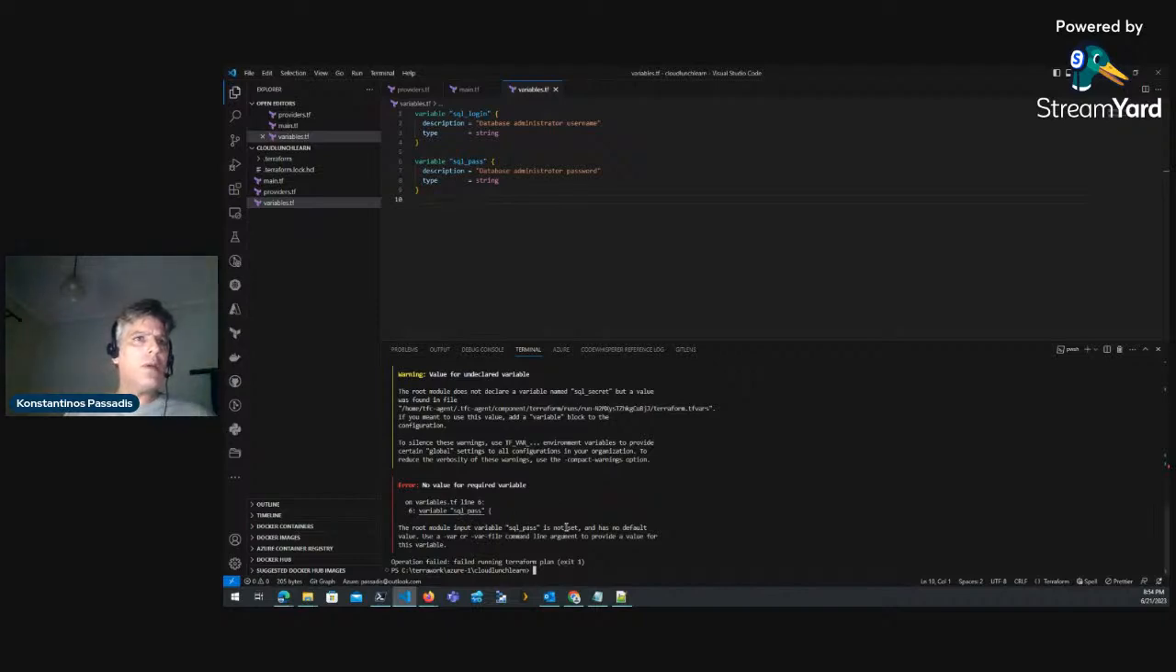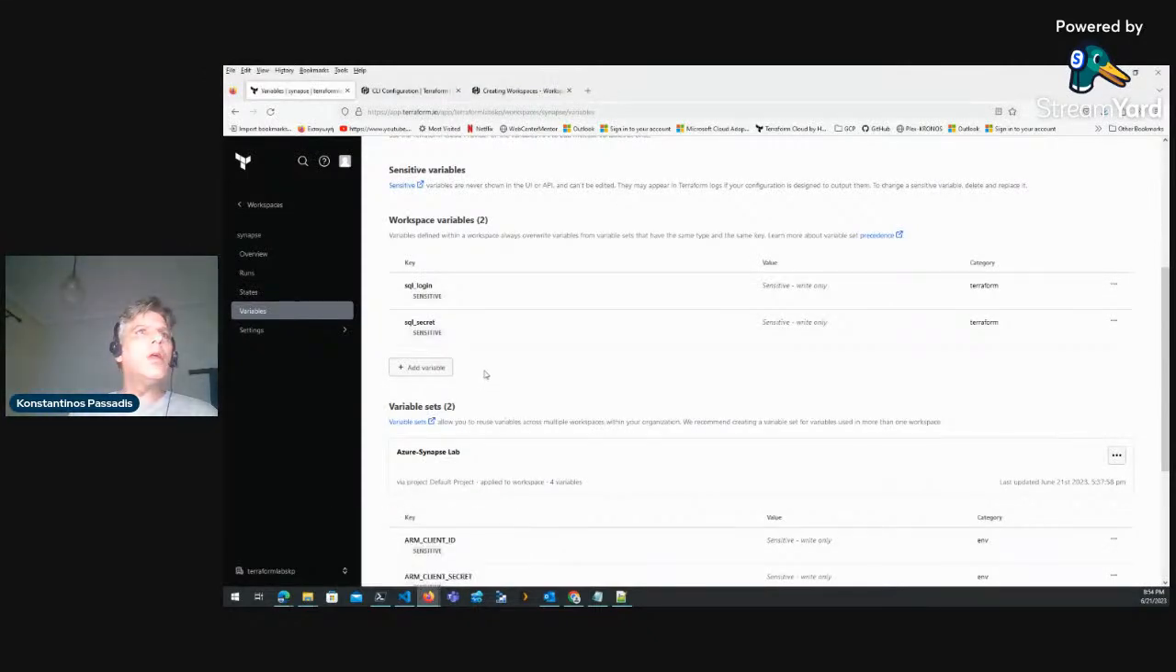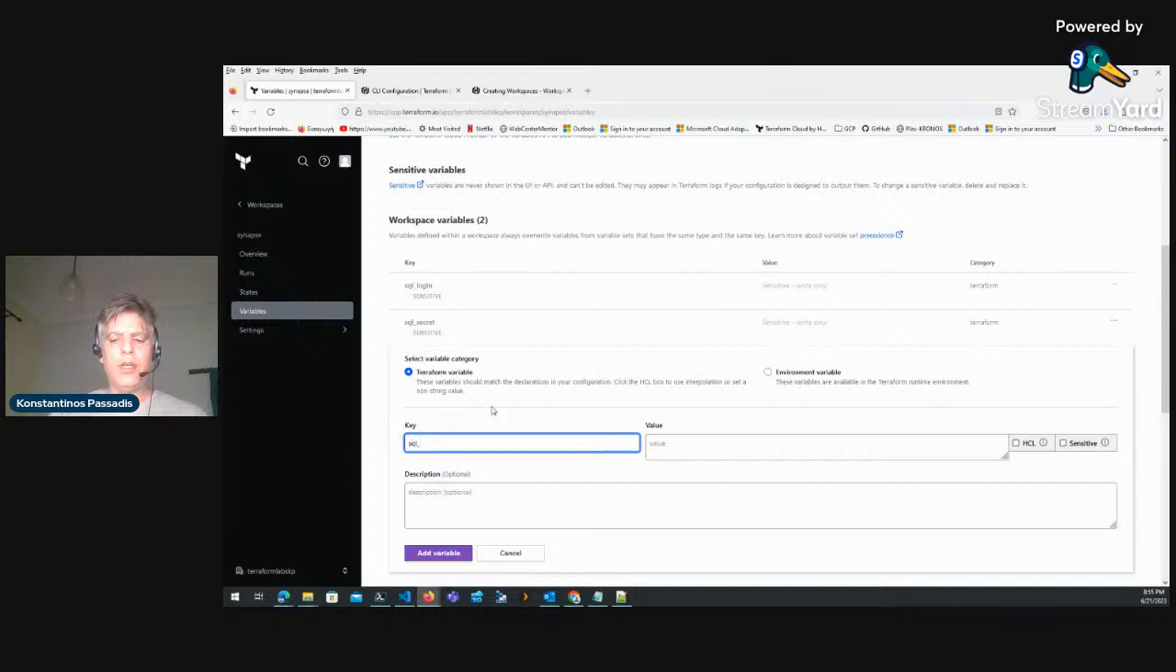We have a problem here. The root module input variable SQL pass is not set. It has no default value. Let's see where the problem is. Yes, this is a problem. As you can see, it is communicating with Terraform Cloud